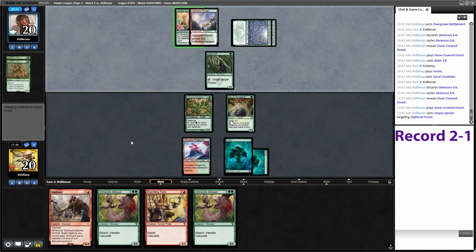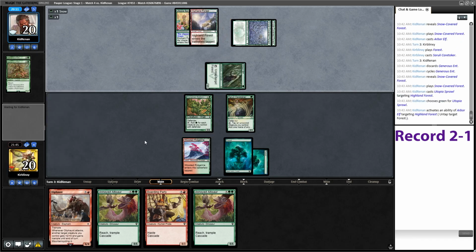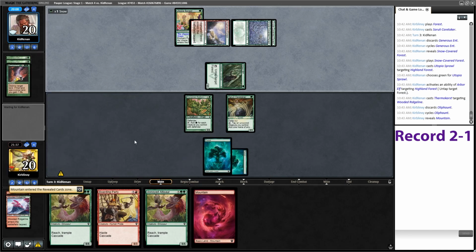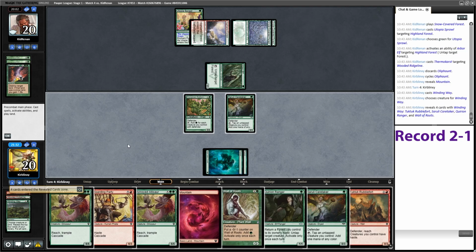Yep. And then this is where I don't want a land destruction, because I can't actually cast anything. Yeah, okay. I guess I get my one of mountain. Quirion Ranger would be good. Winding Way's fine. Hey, those are some good cards. So I guess I have to go Wall of Roots